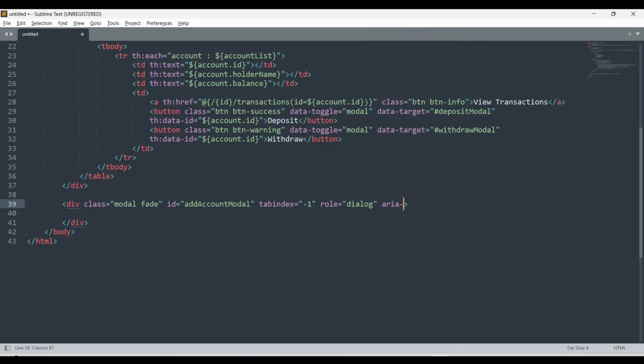Now area labeled by equals to deposit model label, and lastly area hidden equals to true. Now talking about area labeled by, so this attribute associates the model with the label element that